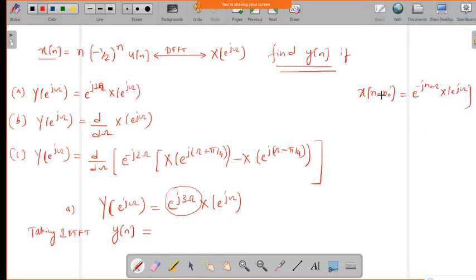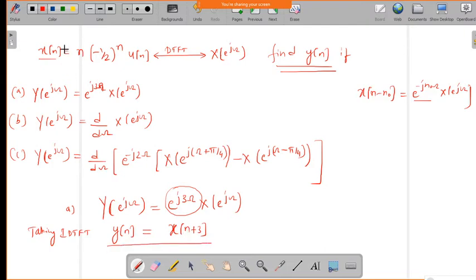So now you can see here, this factor is given by the n naught value 3. So here it is plus 3 and here it is minus. If you have n plus n naught, it will be e power plus j n naught omega. If you compare that, you will get x of n plus 3, is it not? So if you get n plus 3, then that is the y of n.